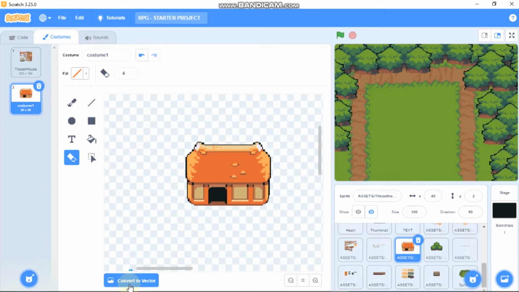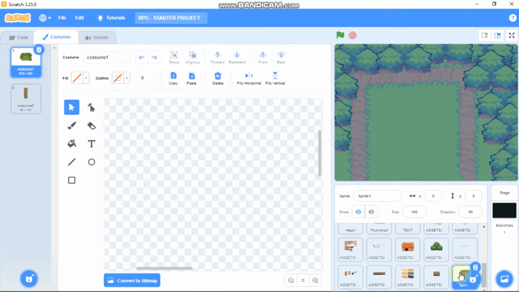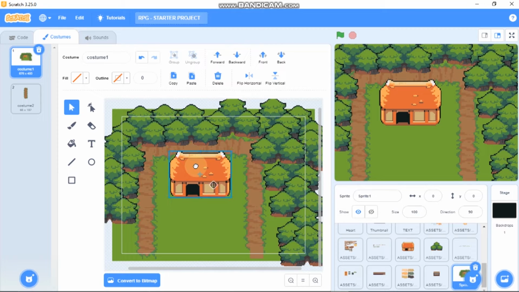And after removing all the unnecessary parts, convert it to vector, copy and paste it to your sprite. Now you can see we got a house.